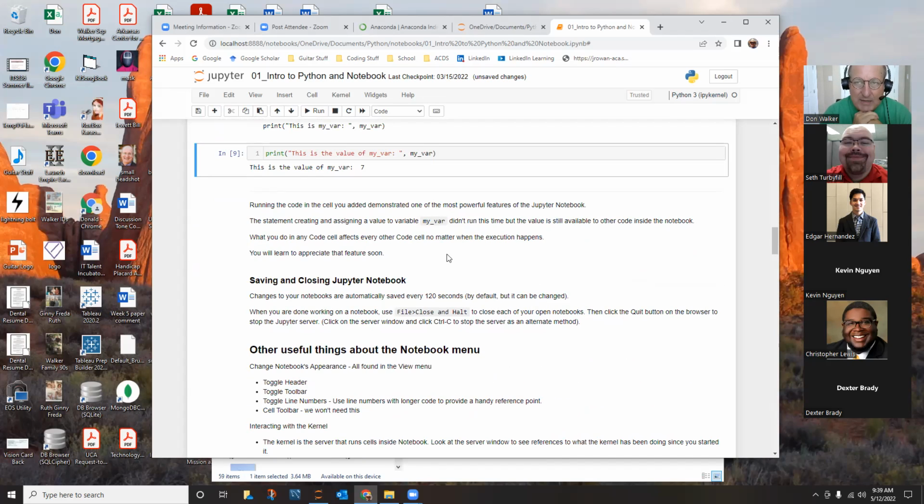When you're in a notebook, which is a tab on your browser, anything you do, the variables you create, the values you assign, is global to that notebook. So if I do